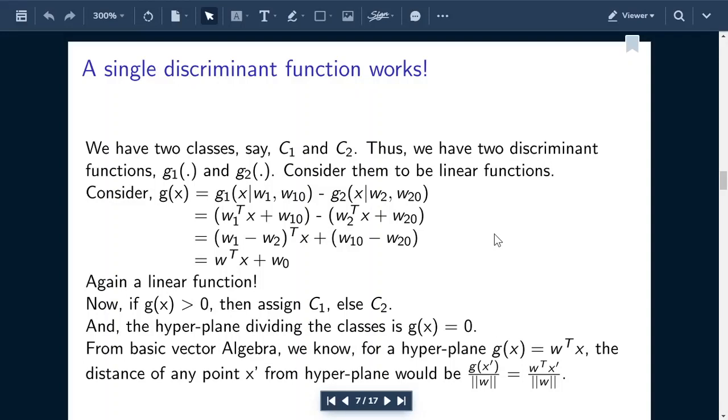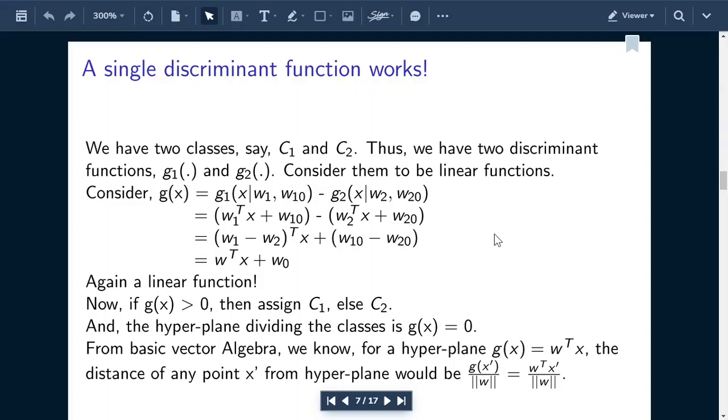For those who are unable to capture this, let me provide you an example in 2 dimensions. So let's say a line is there, 3x plus 4y minus 5 equal to 0. Now if I provide you point (1, 2), how to find the distance of (1, 2) from this line? You would input this point into the hyperplane, that is in this case the straight line, and then divide by the square root of 3 square plus 4 square. If you can see the similarity, w is here (3, 4) and x is going to be (x, y) to obtain w transpose x.